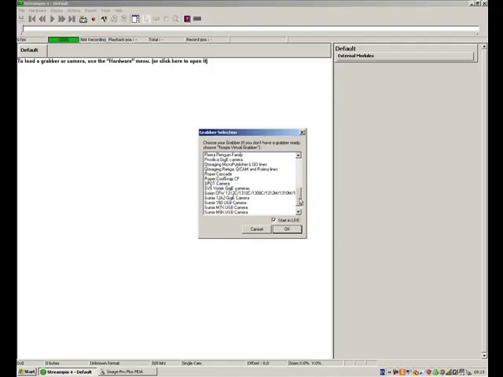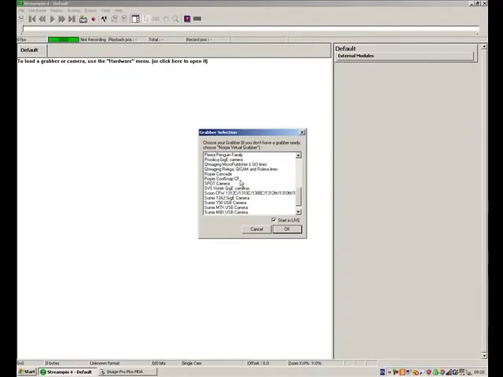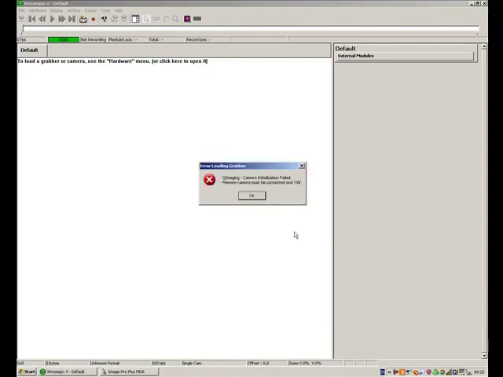I'm going to go down the list, and in the list, Q-Imaging have the Micropublisher and Go series as one driver, and the Retiga QI cams and Relera as a separate driver. Photometrics actually has in here Roper Cascade and Roper CoolSnap CF. That will be very shortly added as the Photometrics CoolSnap HQ2 and the Quanti-M and Evolve series, supporting the latest version of PVCam. So, if I just press OK, I need to turn on a camera, so just bear with